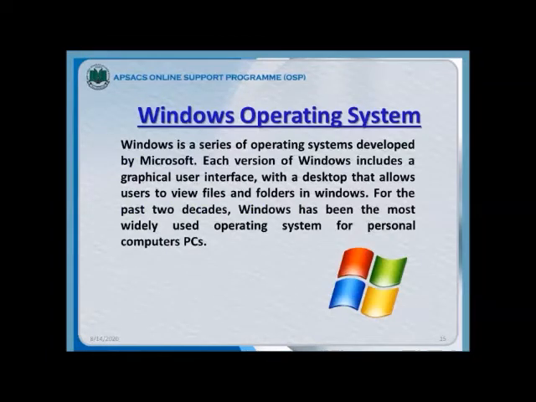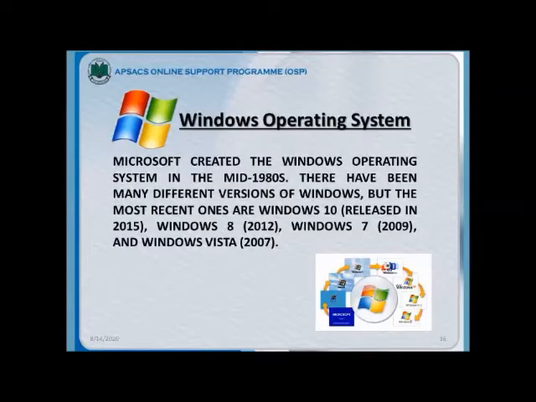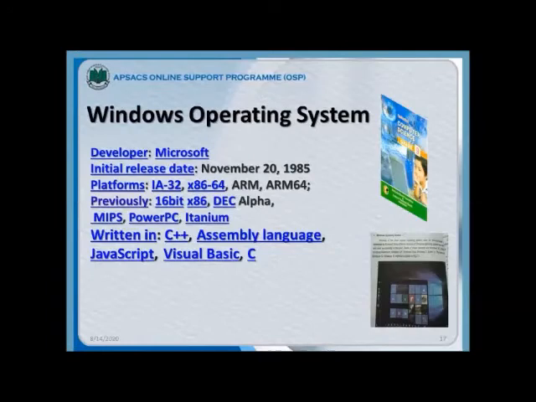Now we come to the most popular and most user-friendly operating system, that is known as Microsoft Windows or MS Windows, or simply you can say Windows. Microsoft Windows is a multitasking operating system developed by the Microsoft Corporation, which uses a graphical user interface to interact with the user. Microsoft was originally named Traf-O-Data in 1972 and was renamed as Microsoft in November 1975. Then Microsoft on November 26, 1976.